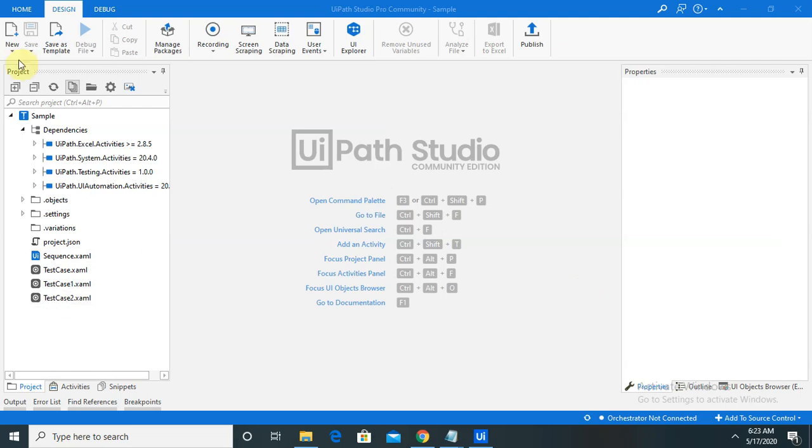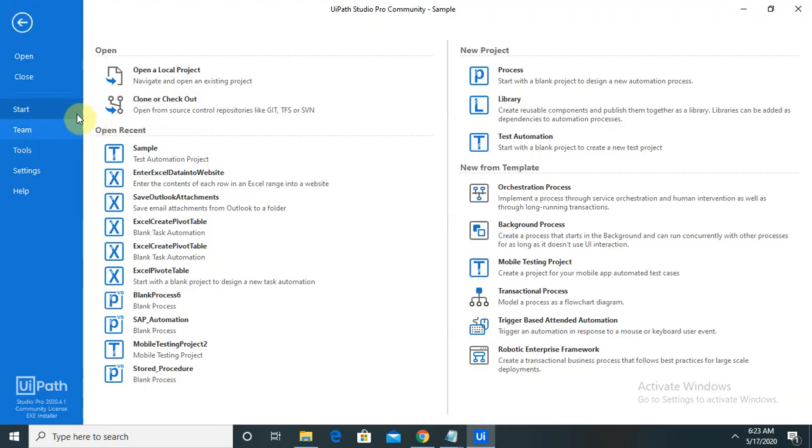In the home section, it's as usual what we have used in Studio in earlier versions of UiPath, almost the same, but the application I am using is Studio Pro, because of that I can see the advanced feature. This is the upgraded version 2020.4.1 which I downloaded from the community license.